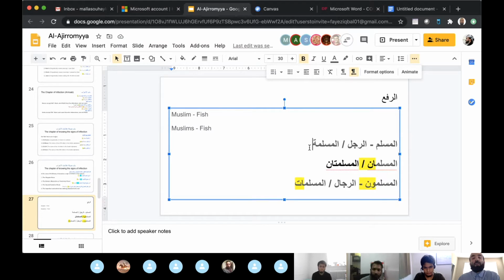For example, if I was to give it the attribute of alima, meaning scholar,